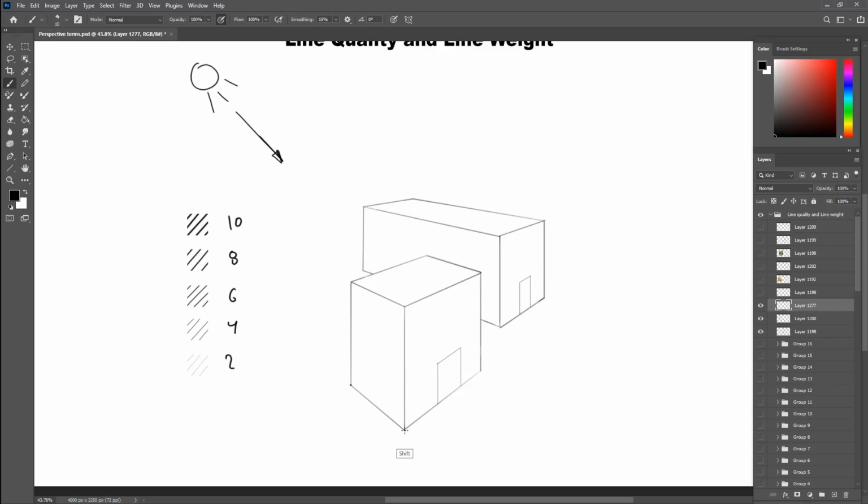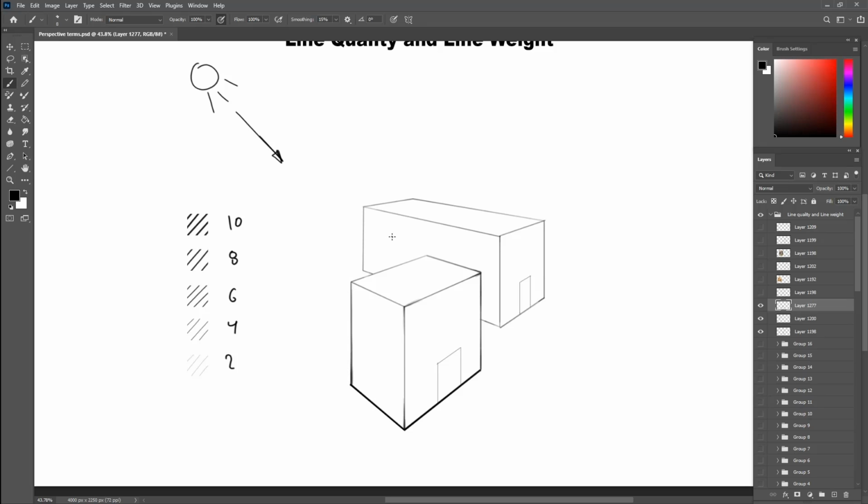We will use the thickest line weight for the bottom ambient occlusion since it will be the darkest there. But not for both blocks, just the one in the front, since the other one is moving back from us into the background. Next, I will use the 8 points line weight for the overlapping line in between the two buildings. That edge is also a shadow edge, so it gets thicker due to the shadow and the overlapping.